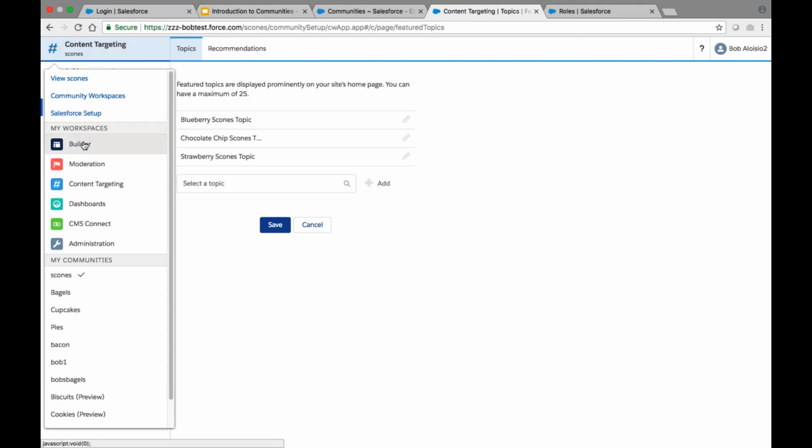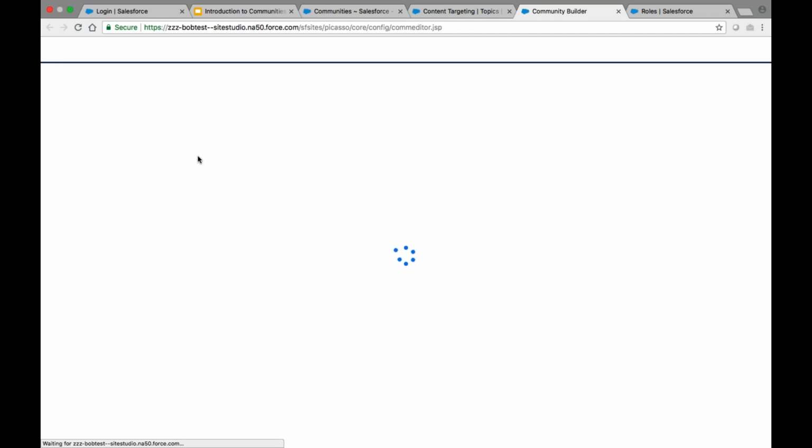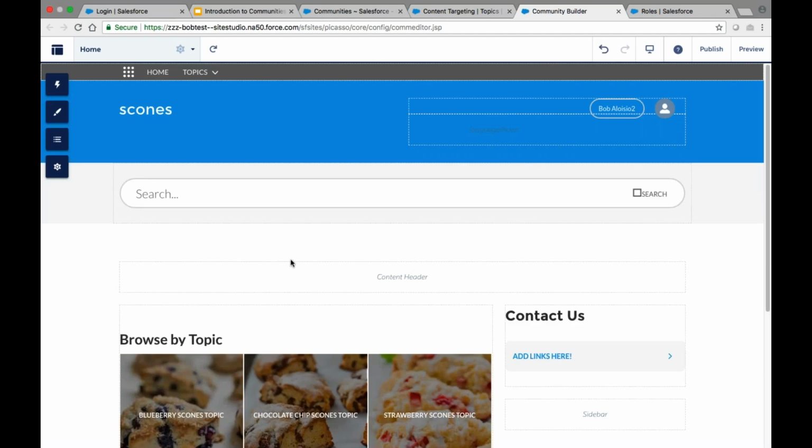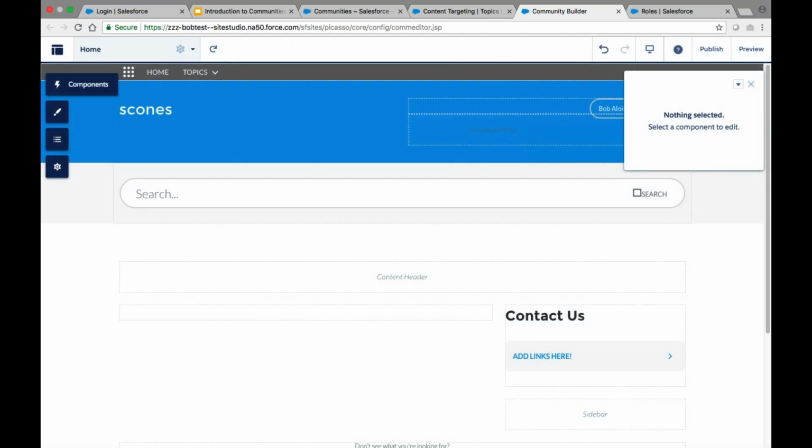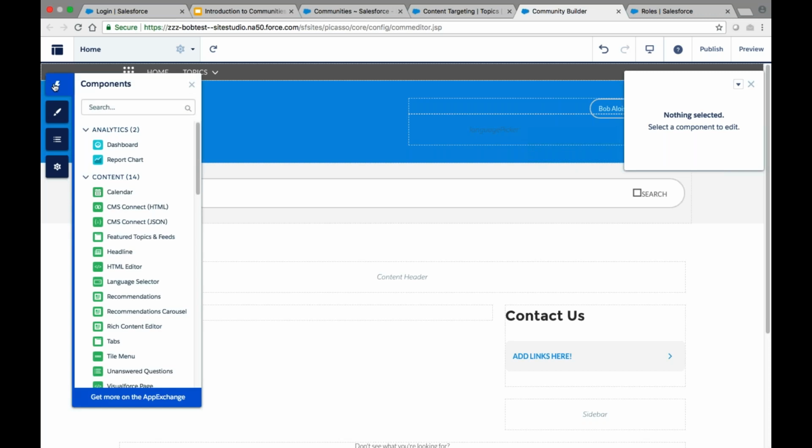In the upper left-hand corner, click on Builder. Let's remove the Browse by Topic section. And then let's click on the Component section.